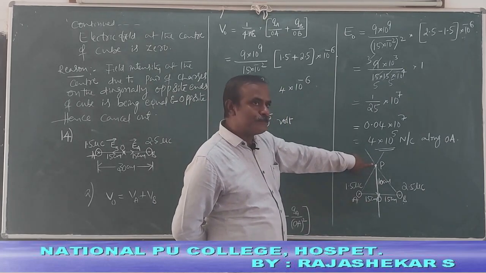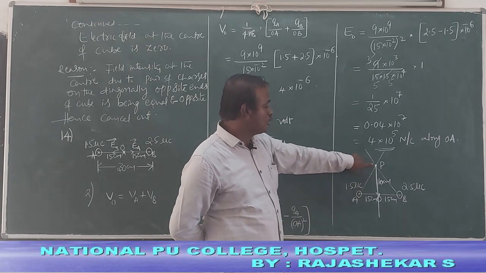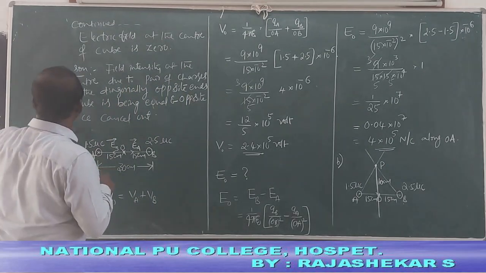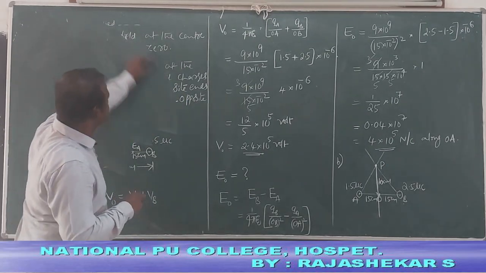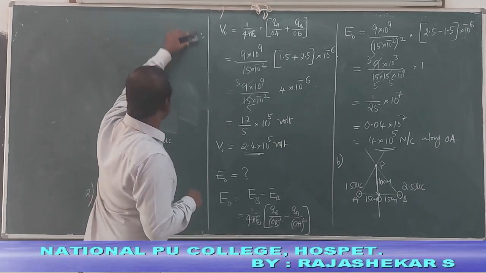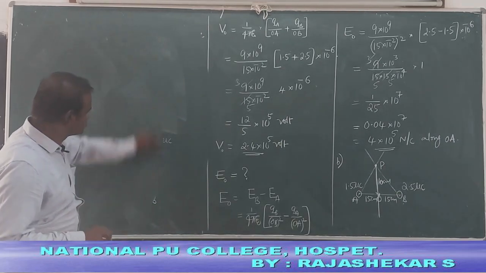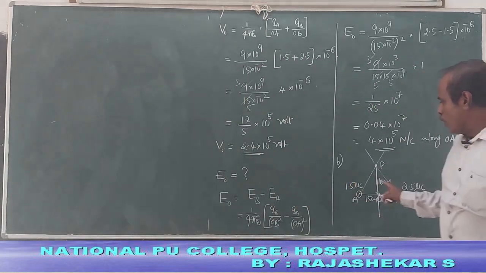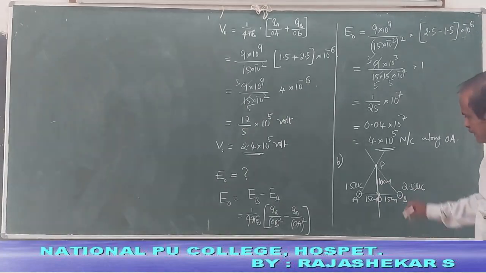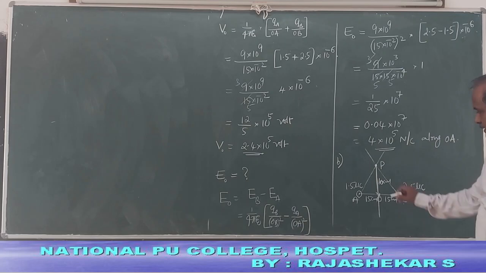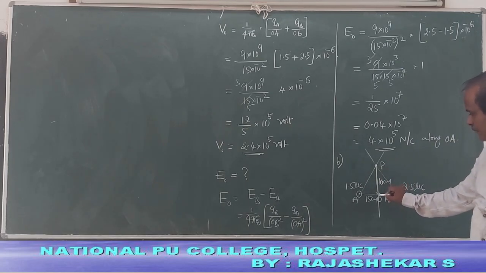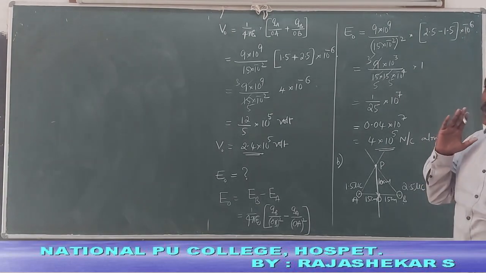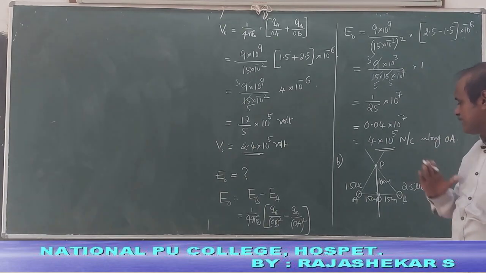Here we have to find potential as well as field, students. Let us first find potential. Observe the diagram drawn on the board carefully. The point P is drawn such that it is at a distance 10 centimeter from the midpoint, and the point P lies on a plane. And how is the plane drawn? Normal to the line, passing through the midpoint. In such a way it is drawn.